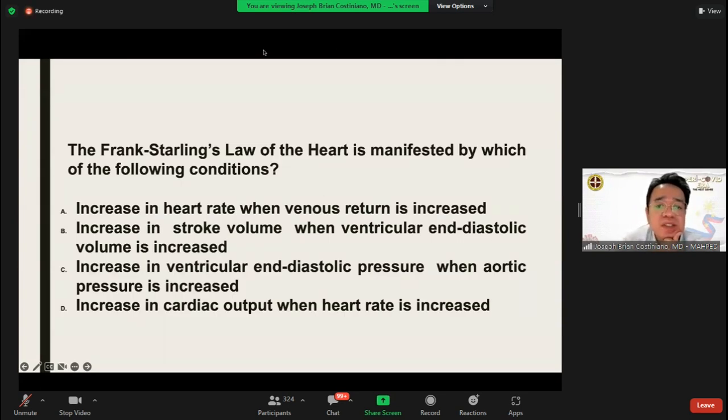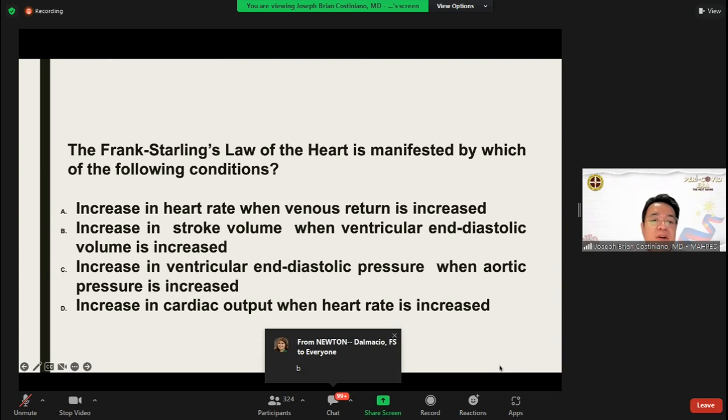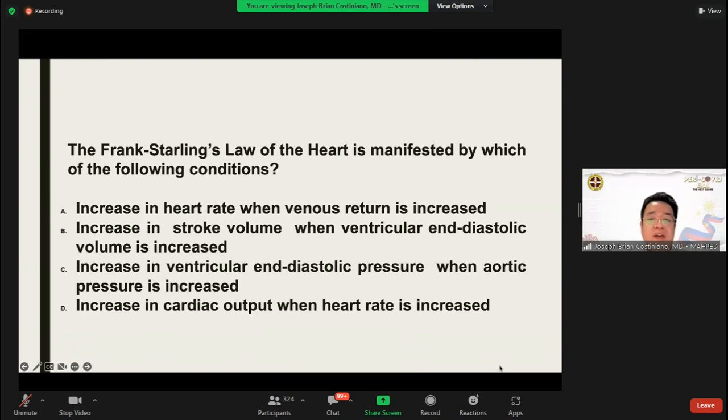Okay, Frank Starling's law. Frank Starling's law of the heart is manifested by which of the following conditions? Is it A, an increase in heart rate when the venous return is increased? Or is it letter B, an increase in stroke volume when your ventricular end diastolic volume is increased? Or is it letter C, an increase in your ventricular EDV when aortic pressure is increased, or D, increased cardiac output when heart rate is increased? Okay,